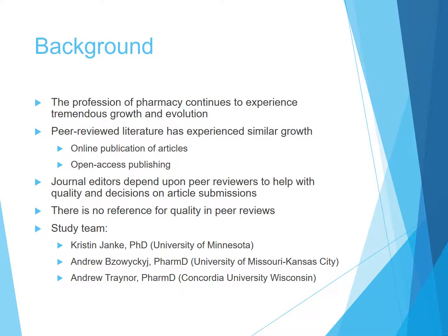But then also it's removed some of the page limits, or some of the limits on the number of issues in a specific volume or number of articles in a specific issue of a journal. So we are seeing a lot more literature that is able to be published, disseminate more information, and potentially do it even quicker. However, it's still important from the editor's perspective to make sure that these manuscripts remain high quality,